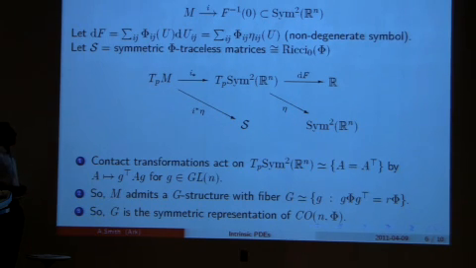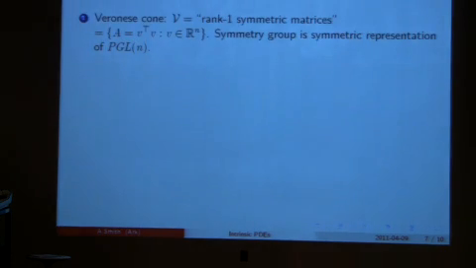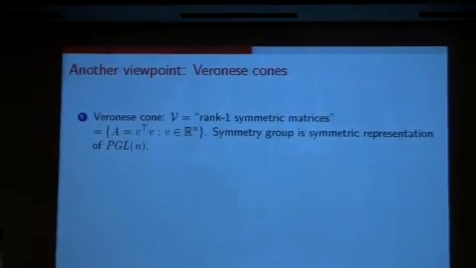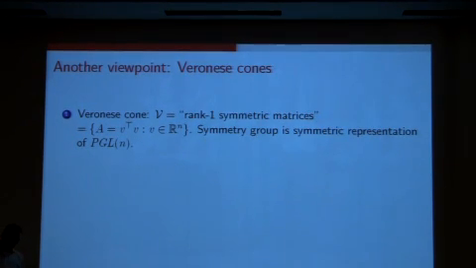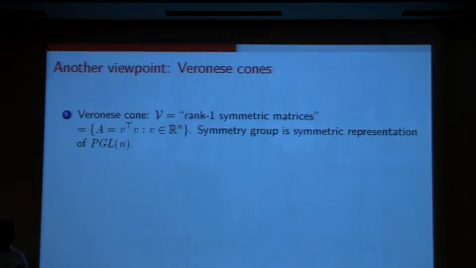Okay, so if you don't like pushing around coframes and taking tautological forms and so forth, this maybe isn't so satisfying, so let me give you a different description of this. Consider the Veronese cone. This is an object I know is popular among many of you. The Veronese cone is a space within Sim2Rn, the vector space, it's the cone of rank 1 symmetric matrices. So it's things that look like V transpose V, where V is a row vector. Right? So you can projectivize, and this is the Veronese